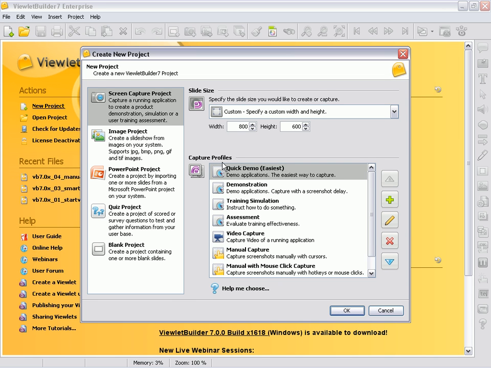Let's take a look at capture profiles. In VLOOP Builder 7, each time you create a new screen capture project or you insert new screenshots into an existing project, you will need to select a capture profile. A capture profile is simply all of the settings selected and saved for the recording session in an individual capture